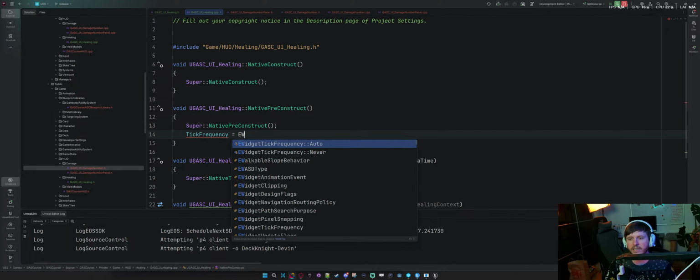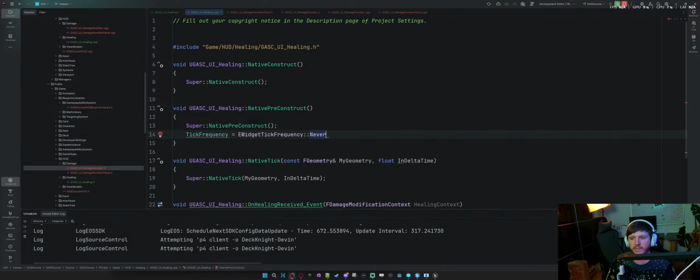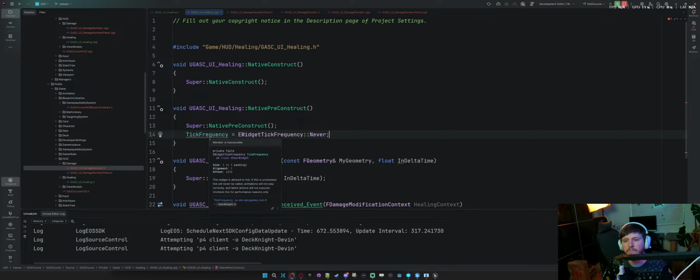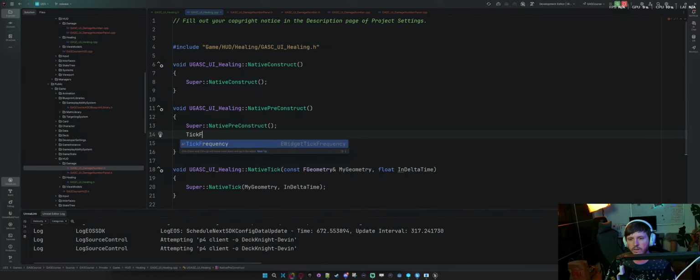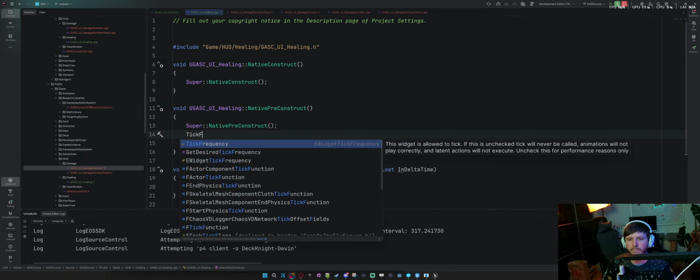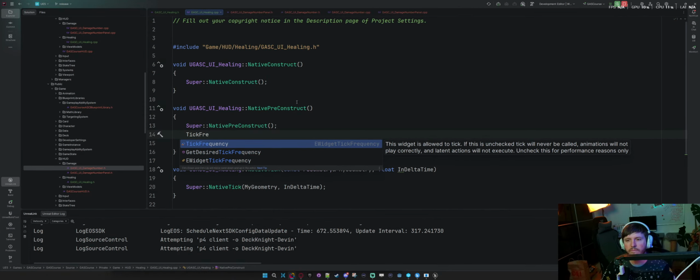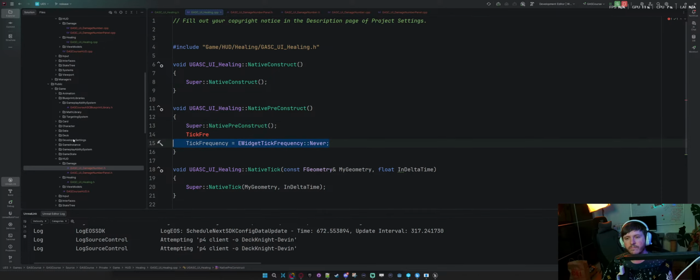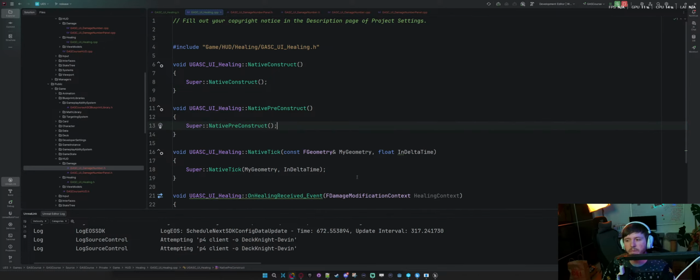Is there like E? Yeah, something like that, like never. Never isn't accessible, so how do I access this? Guess I can't. Okay. Not a big deal.